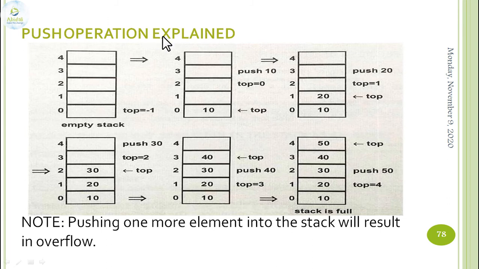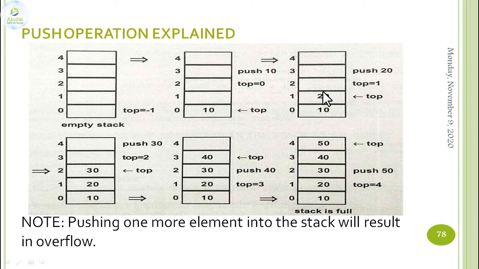Considering the push operation, let me explain in a proper way how the stack overflow condition or stack full happens. Initially, at the very first, the stack is empty. So the top value will be equal to -1. Then the top value will be increased by 1, it will become 0. Then we will be inserting the value 10. So element 10 has been inserted. After the second step, we move to the third step. Top value will be increased by 1, it will become 1 from 0. We will push the item 20. So top will be pointing to index 1.